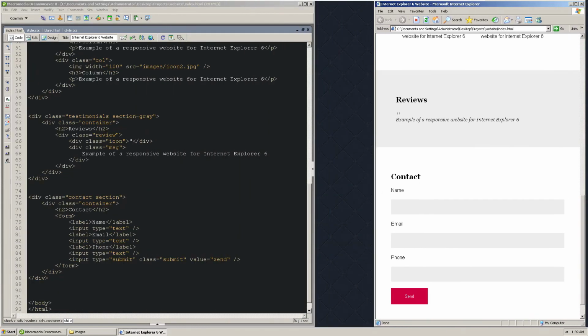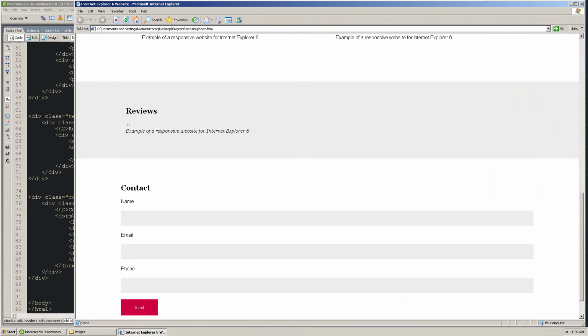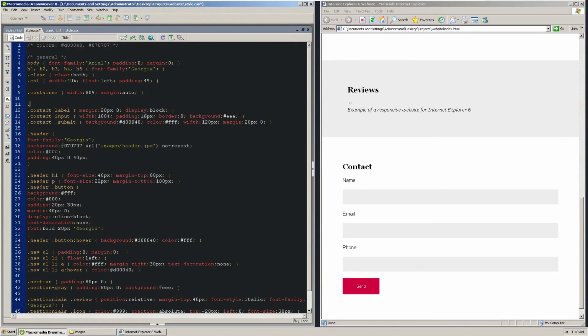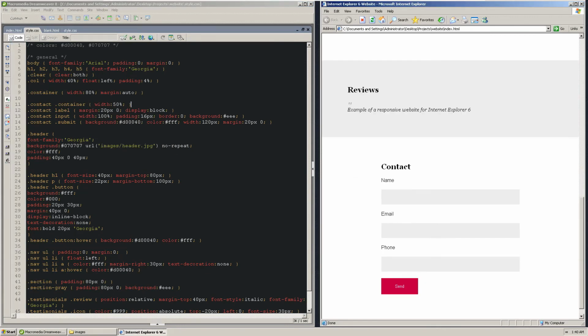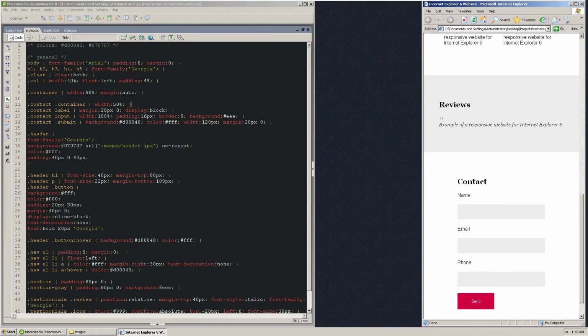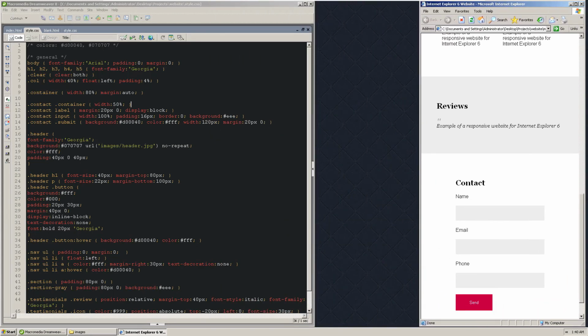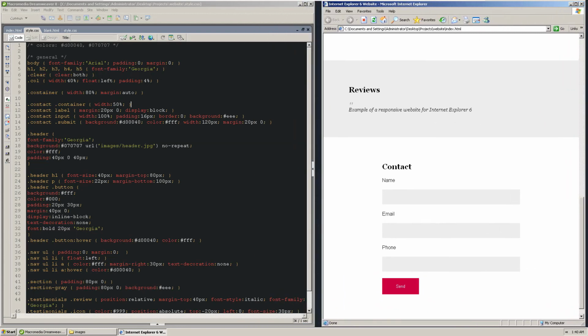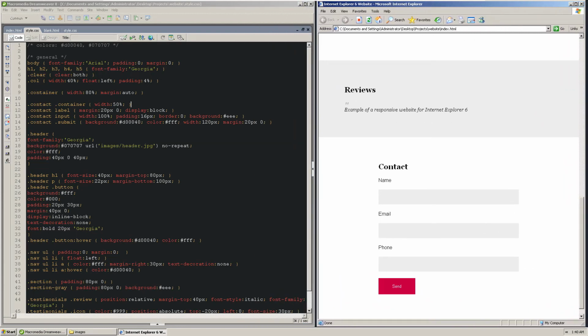What if you wanted to use something like max width of CSS3, like how we're using today? I can try something like that. Maybe I'll change the width of the container, only the container of the contact section, let's say for example 50%. Let me have a look. Now it's smaller, but it's 50% all the time. I want it to be smaller, but for mobile I want it to be 100%. I want the same behavior like the way we're using max width today. How can we do that?